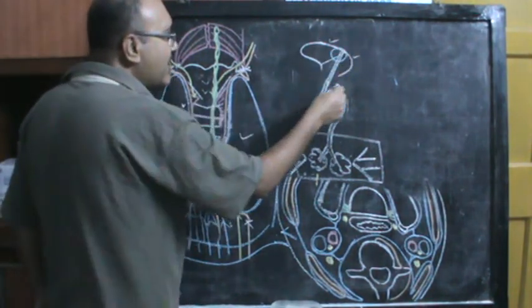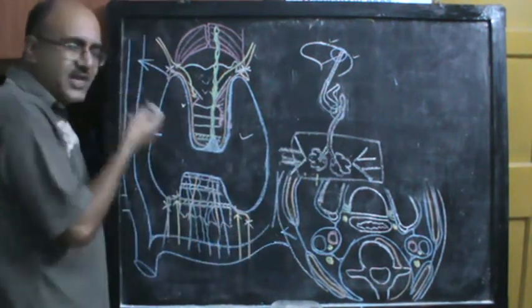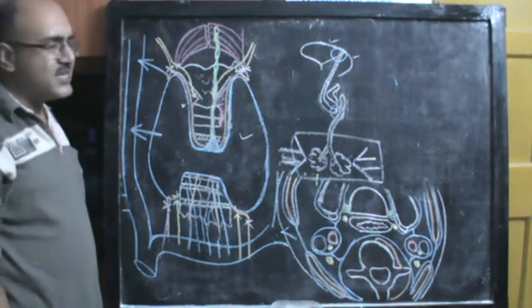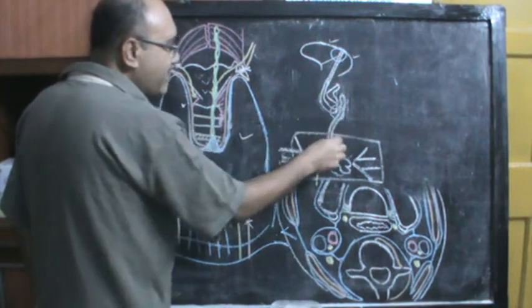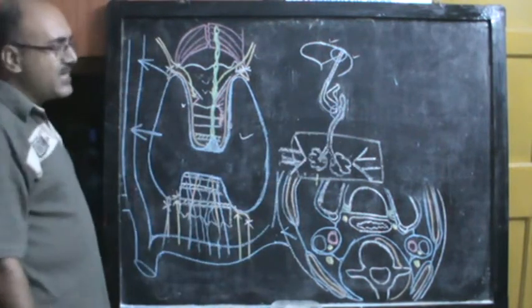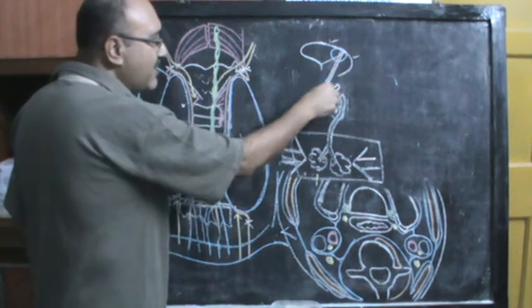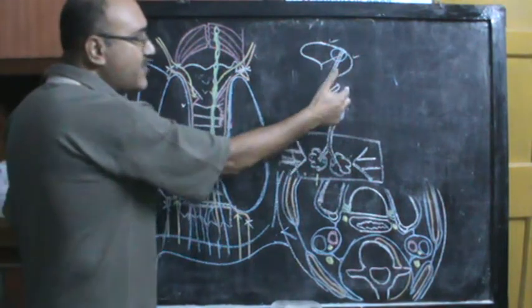You can have a lingual thyroid, you can have a subhyoid thyroid. So at any point along the journey of the thyroglossal duct, you can have additional thyroid tissue. Not only that, any part of this thyroglossal duct, if it is not obliterated, can give rise to thyroglossal cysts, and these thyroglossal cysts are usually in the midline of the neck, in front of the hyoid, but also behind the body of the hyoid.